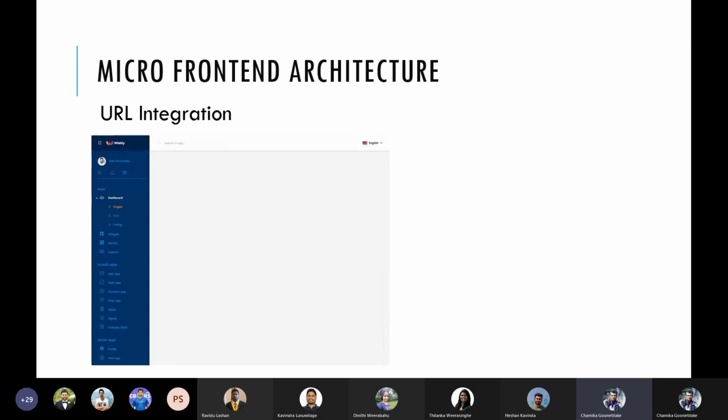A good example is our own Givio portal, where we have the portal landing page, and there are